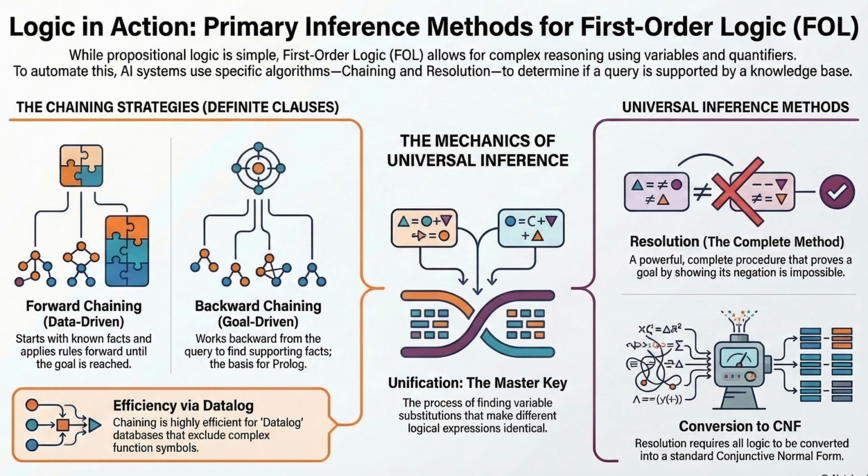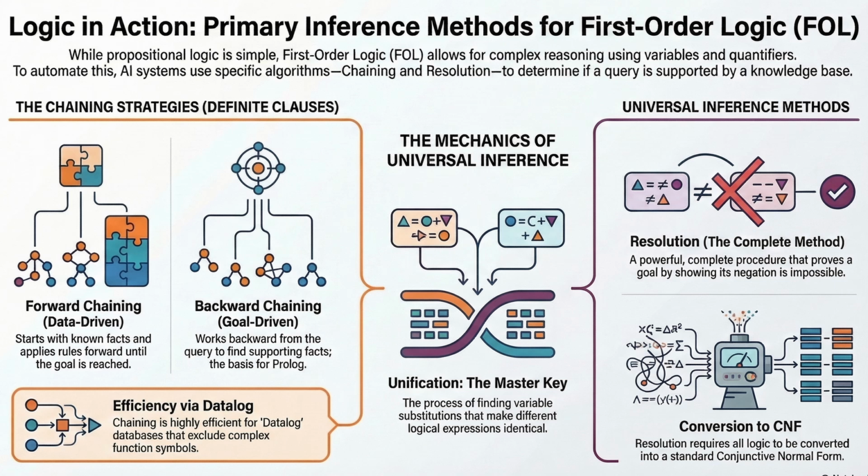Once we have our box of bricks, how does the resolution rule actually work? The notes say if we have A or B and we have not B or C, we can conclude A or C. Think of it as algebraic cancellation. Whatever B is, it's either true or false. If B is true, then not B is false. So for the second sentence to be true, C must be true. If B is false, then for the first sentence to be true, A must be true. So no matter what happens with B, either A or C holds. We can just cancel out the Bs. We resolve them. We smash the two clauses together and get a new, simpler clause.